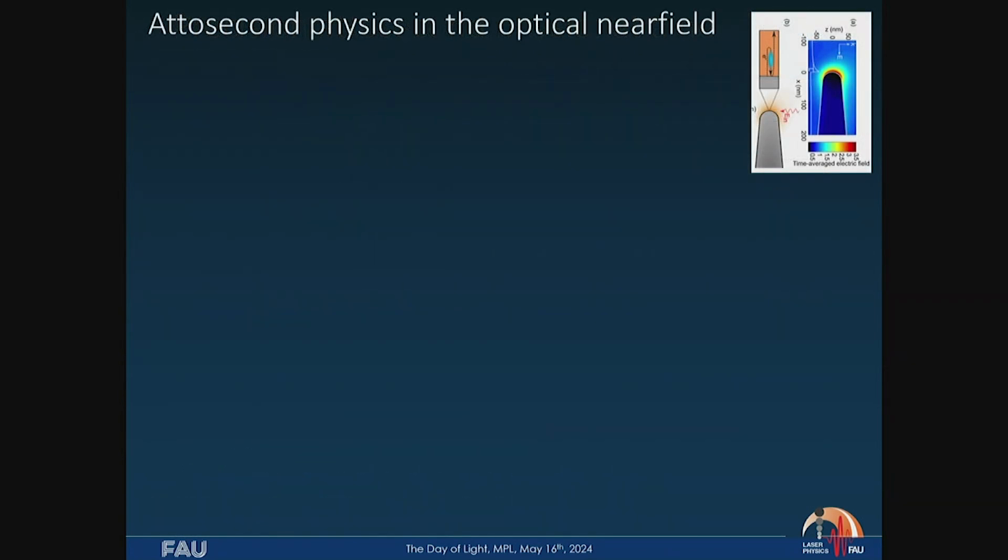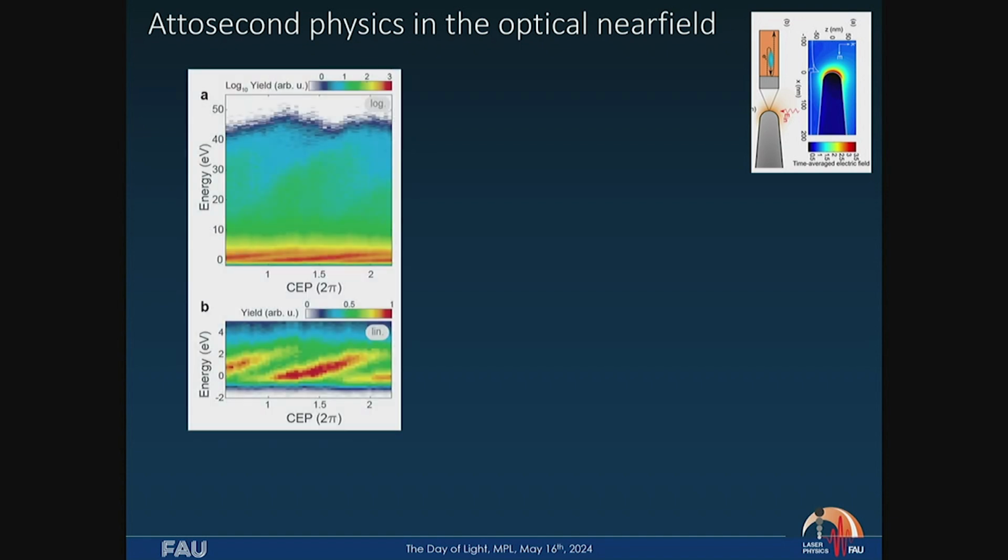Very recent work is now, I told you the electrons move in the optical near field here, but this optical near field very quickly decays. And this was a real discovery. It was really fantastic. All of a sudden we realized, hold on, these are these recollision spectra again. This is this famous plateau. This is the cutoff. And here now as function of the carrier envelope phase.